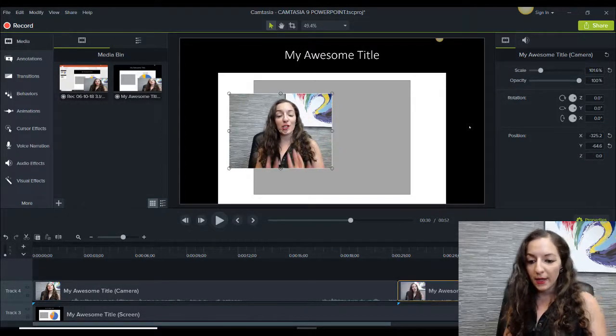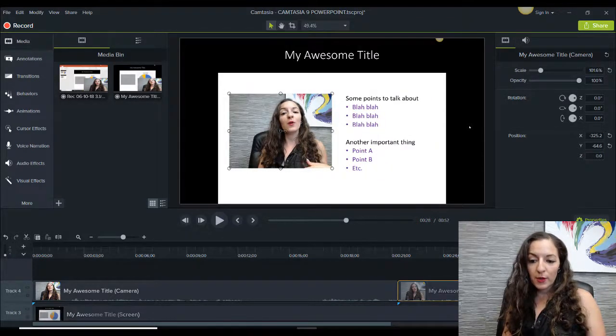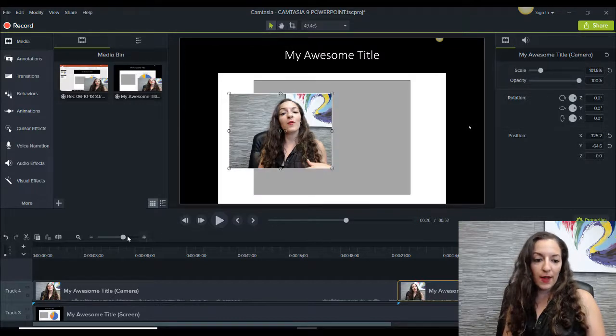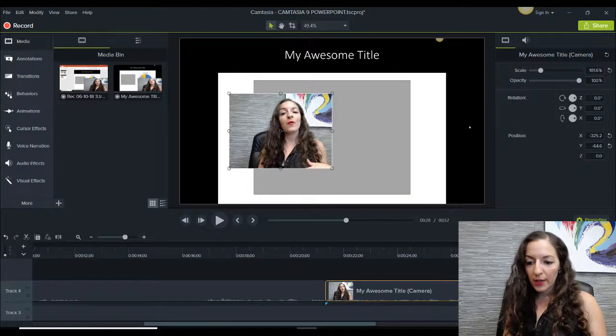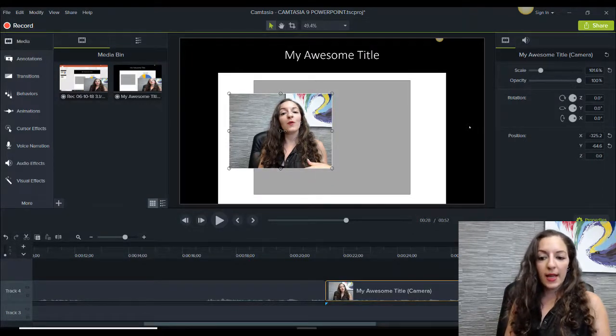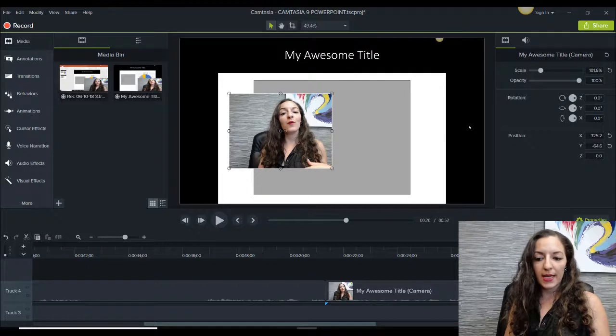All right, so here again, I change slides. So I'm going to use this little blue marker here to show me, let's magnify that so you guys can see. This blue little marker, so I know that right there is when it changes. And I'm going to cut that again by using the split option, select this piece,